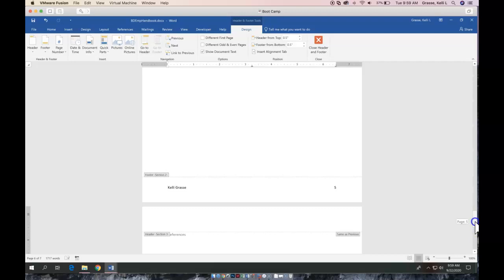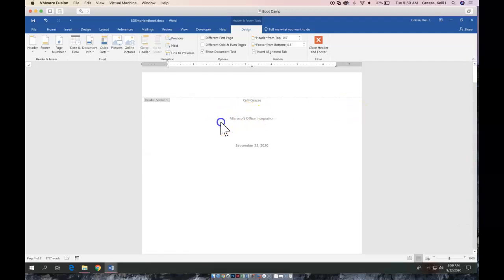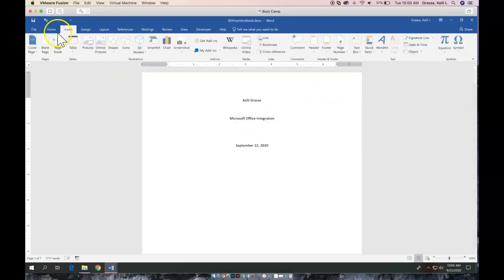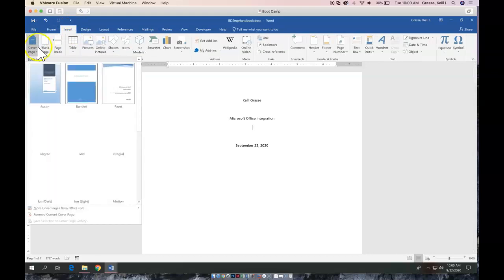It's the section break next page. If you put in a regular page break, you don't have this option. The only way you get around this, and it's not really cheating, but I think it's good for people who need to be well versed in Word to understand the difference, is if you use this cover page option. So if I click cover page here and I insert a cover page,